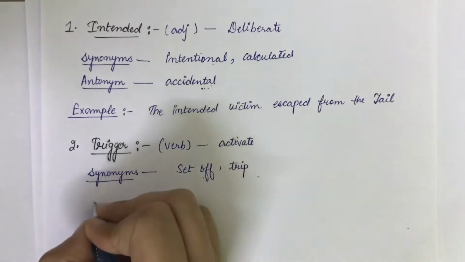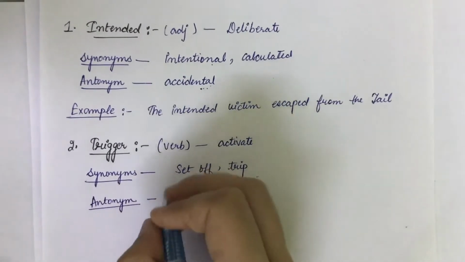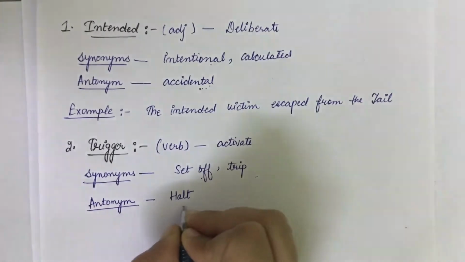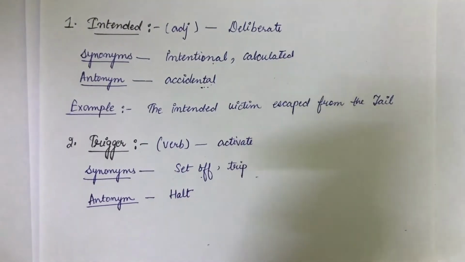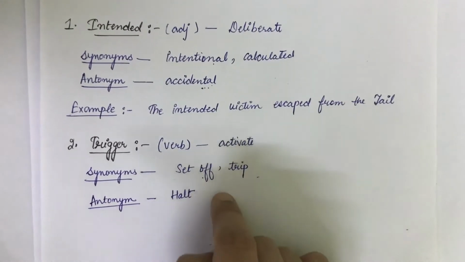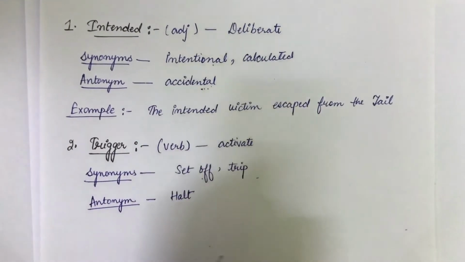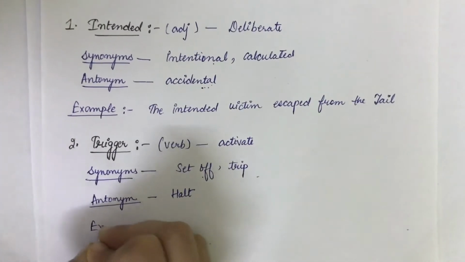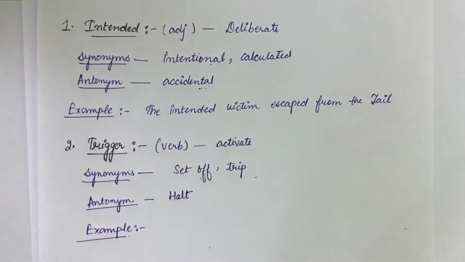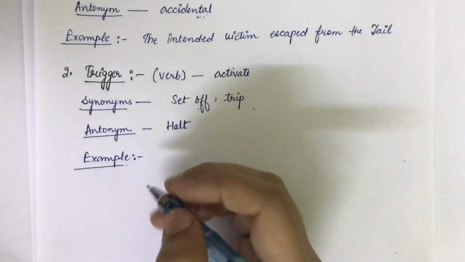Okay, talking about the antonyms. The antonym of this word is halt. Okay, so what does halt mean literally? That means to deactivate or to stop. Okay, so halt is the exact opposite of the word trigger. Okay, so now I am going to give you the example of this word, that how you can use it in a sentence. The exact way of using this is